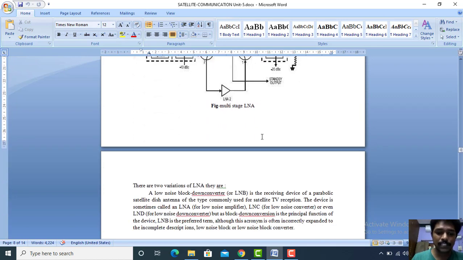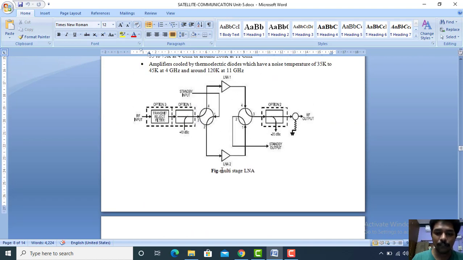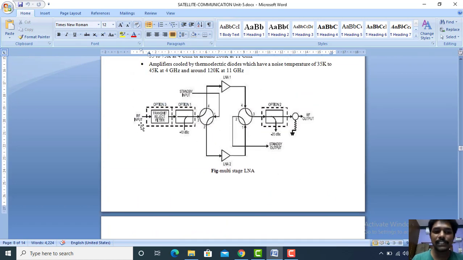So these low noise amplifiers are operated with the converters that we have, that is, block down converters. These converters help you operate on the signals which we want to transmit with the help of the amplifiers, and these will convert the signals once again at the down converter, and we can regenerate the signal in terms of RF output. So the input signal that is generated is given as an output at the RF output to the receiver side. Don't forget, the RF input signal which is given, the same RF output signal is received at the receiver side.